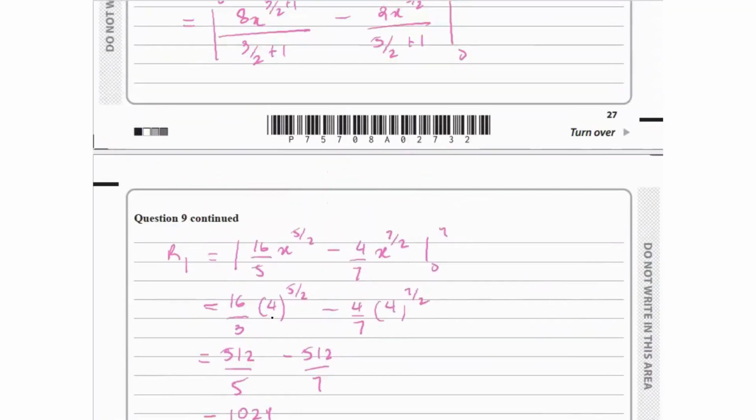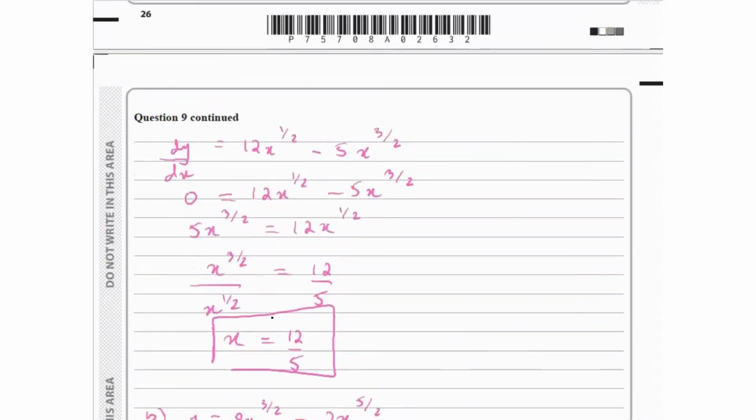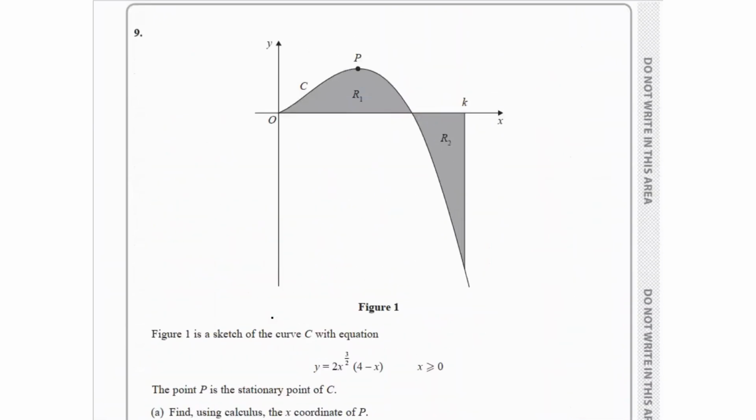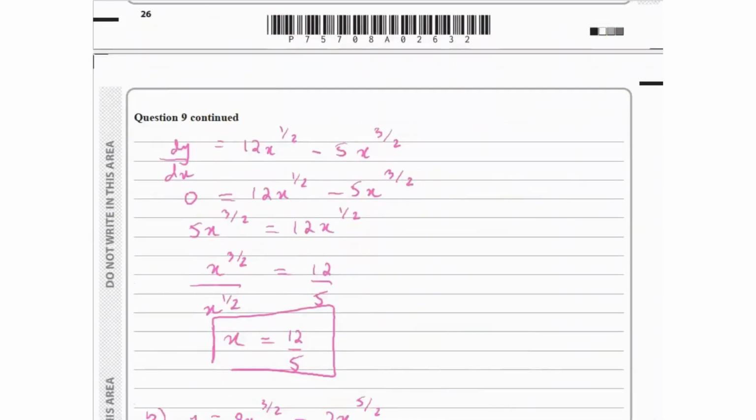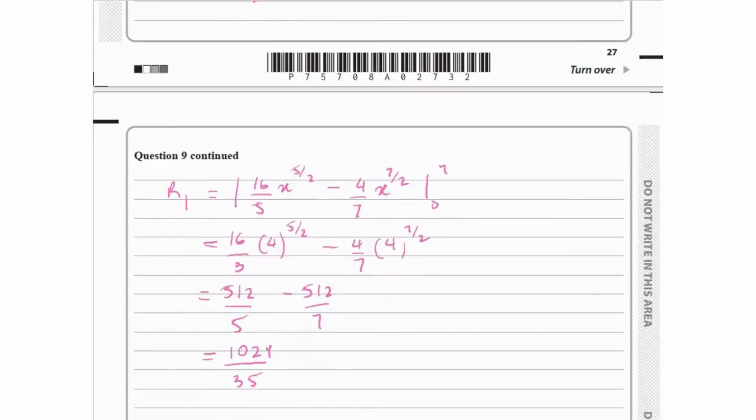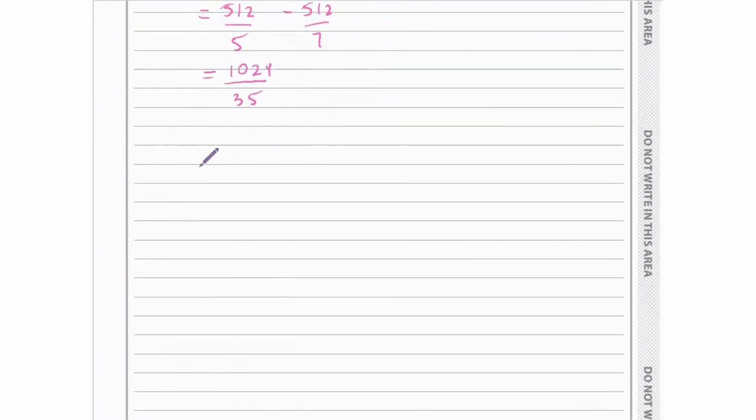Now for area of R2, we can see that we're talking about the part of the curve that's underneath the x-axis. So that means the area is going to be considered negative over there. So it's going to be negative of the equation, basically. Any part above the x-axis is positive, underneath the x-axis is negative. So using that concept, we're going to rewrite the equation for region 2. Since for R2 it's underneath the x-axis, that's going to be negative. So R2 is going to be